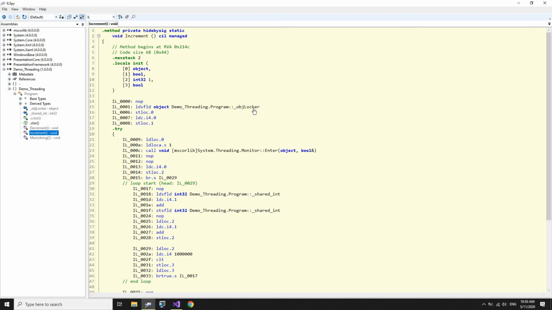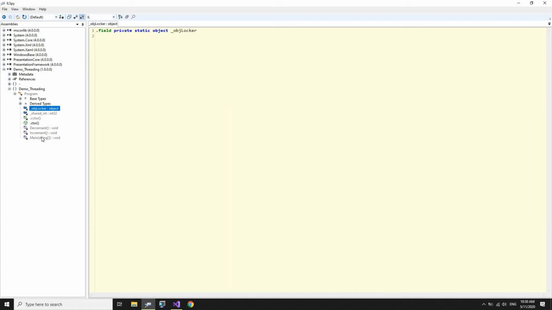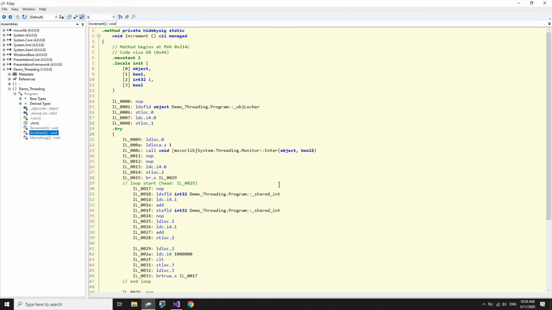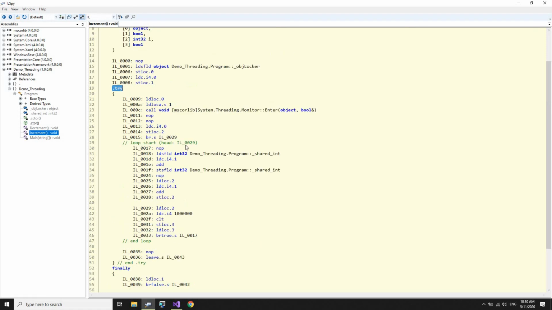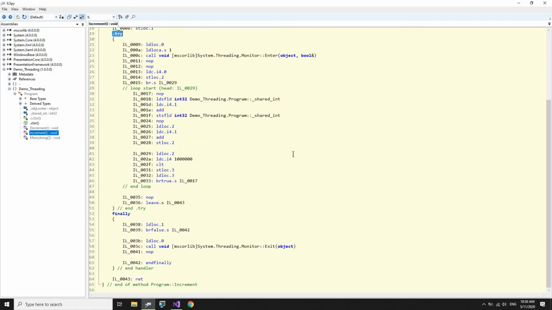We have this load field, we are loading our object, obj locker. Then we are taking the lock, and this is our try, catch, and finally. This is the try here. We are taking the lock, Enter, finally, Exit.